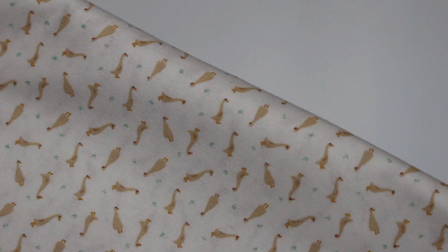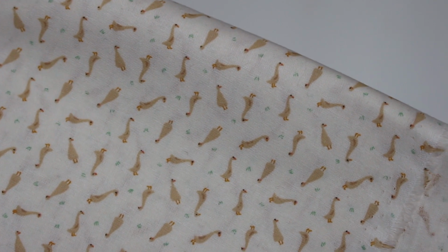This next fabric I talk about all the time because when I bought it I knew instantly what I wanted to do with it, but I don't have a pattern and I don't know how to make a pattern for what I'm envisioning, so it's a project that has been on pause, but I want it done by the end of the summer. This fabric has little tiny ducks all over it. It is so cute. I get so happy every time I see it, and I want to make a very... I can't find the word, a kind of quintessential cottagecore dress, but not one with the big sleeves and not a baby doll kind of style, but a slimmer kind of fit with a ruched...